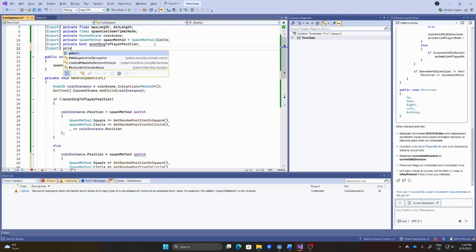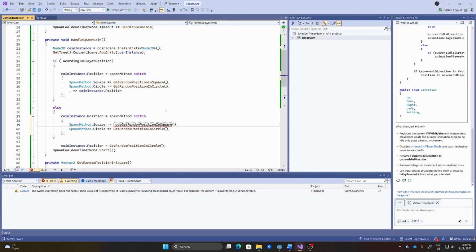So private node to the player node, and let's take player node dot position plus that one, and player node dot position plus that one.